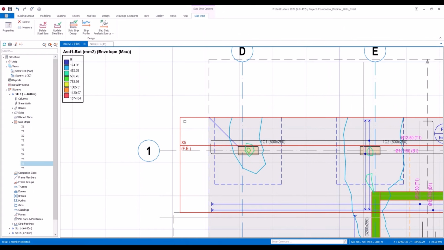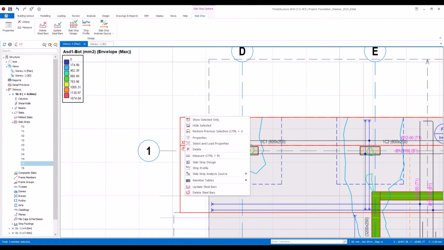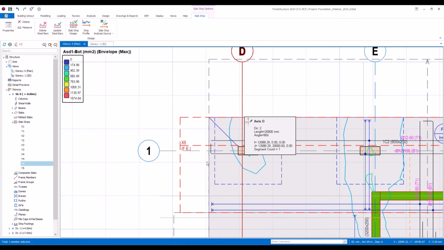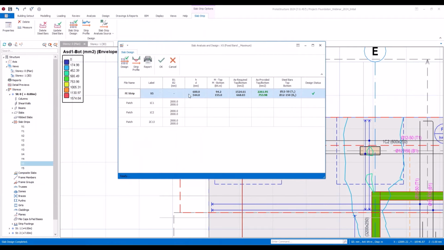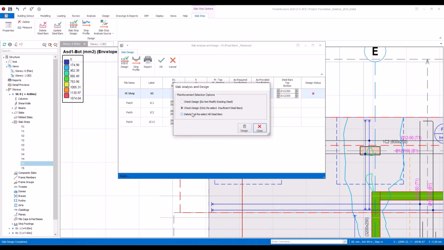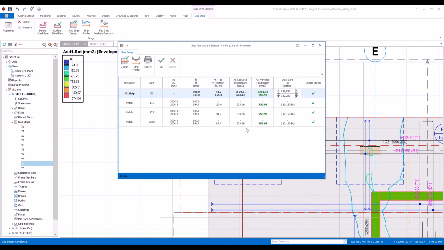So now I'm gonna select the slab strip, just like this, and click on the slab strip design. So once you select this strip and slab strip design, you will see the assigned patches for the relevant columns. So you can arrange the base reinforcement from here. For example, let's say that we have phi 12 20 centimeter spacing for the top and bottom, and once you reselect all bars, additional reinforcement will be automatically determined. So let's just click OK button,